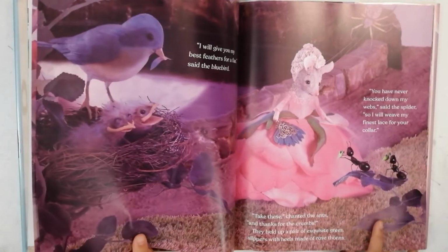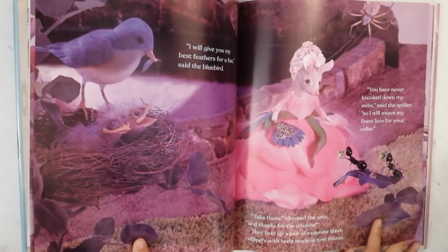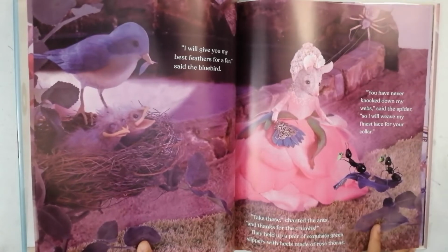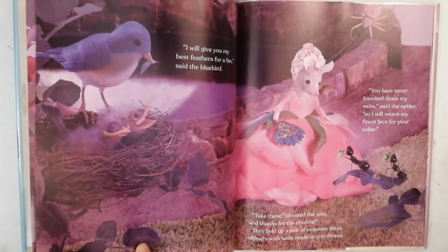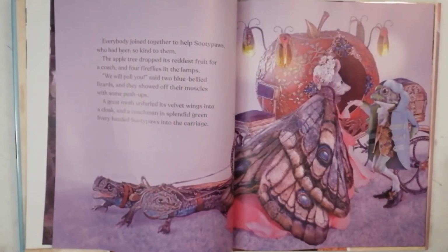Let's go ahead. Why? Because she is the main character. Everybody joined together to help Sootypaws, who had been so kind